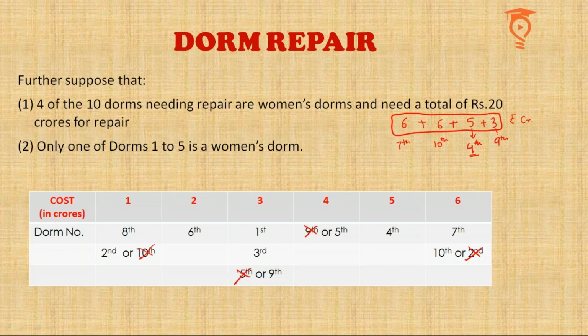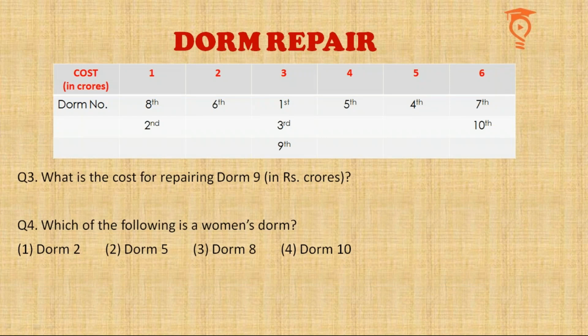So we are done with all the ambiguities for this. I think now we know the exact location of each DOM, by location I mean location in the table. Fabulous job. So these 2 points were amazing pieces of data which made the table exclusive for each DOM and its location in the table. So what is the cost of repairing for DOM number 9? We now surely know it. It's 3 crore rupees.